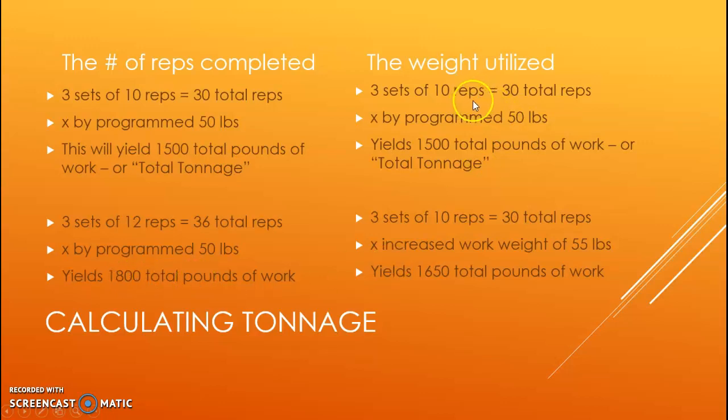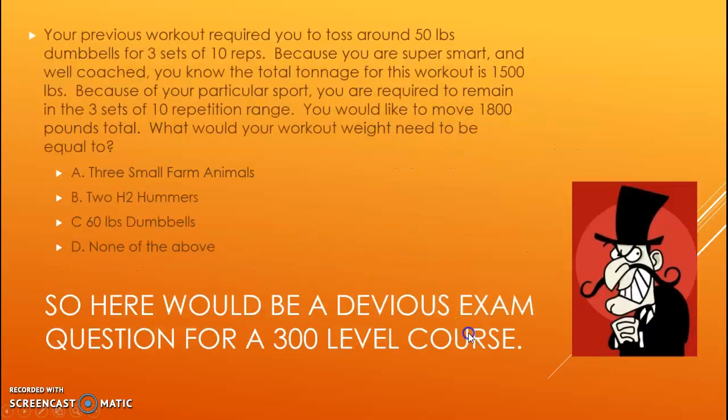Over here, we already know 3 sets of 10 is 30 reps, 50 pounds, 1,500 pounds. We scroll it down a little bit. This one yields 1,650. So in theory, what's happening here is, all things being equal, if you end up doing more reps, you're doing more work. But it's a bit of a misnomer, because as you get stronger, you almost have this leapfrog effect from one side to the other. Where you're doing more reps, you can eke out another rep. That means your next one you actually should be doing more weight. You do more weight, you get to the point where you get stronger, you do more reps. So this kind of floats back and forth between these two when you calculate tonnage and use that as a way to measure your performance.